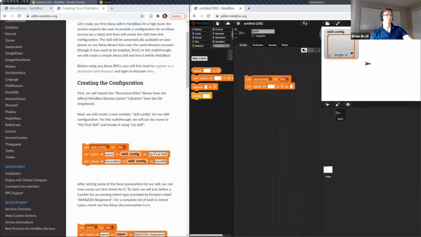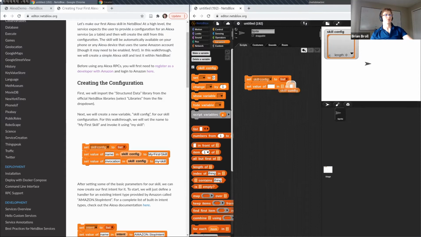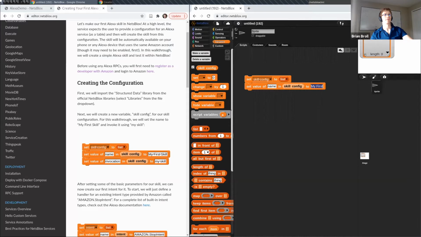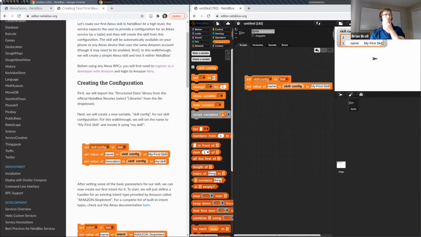And then I'm going to set the value of the name in the skill config to my first skill. Now, when I run these two blocks,